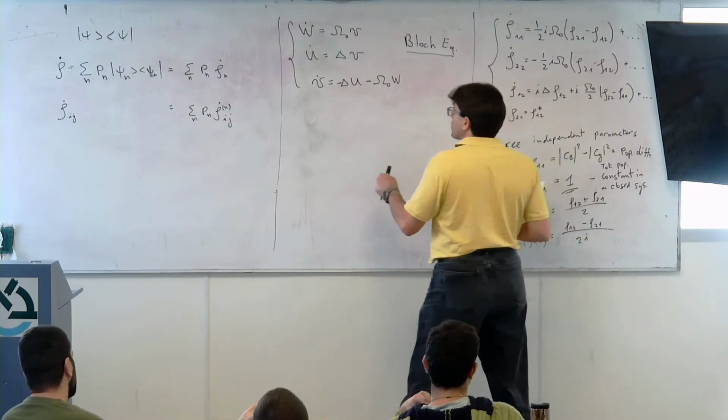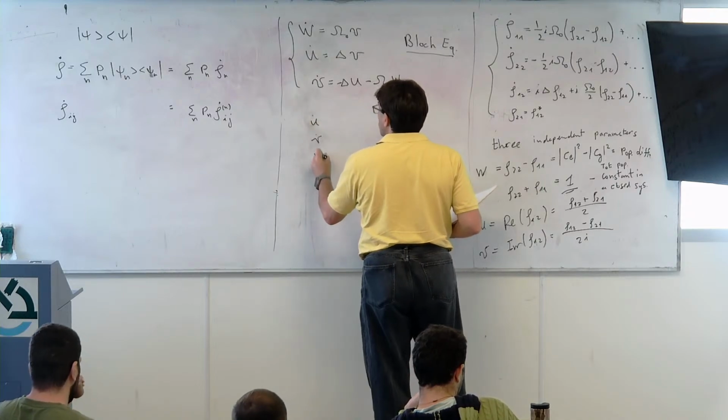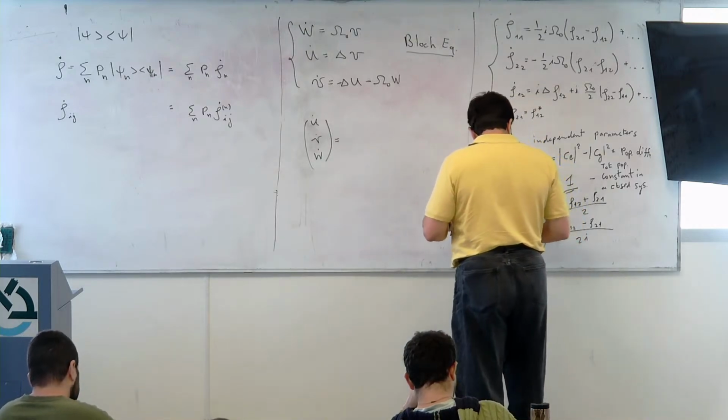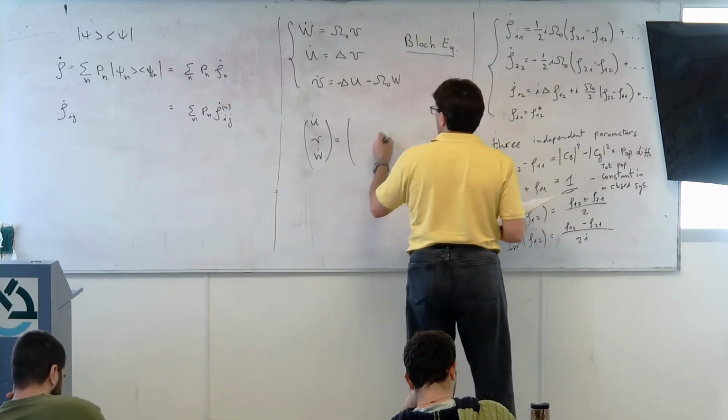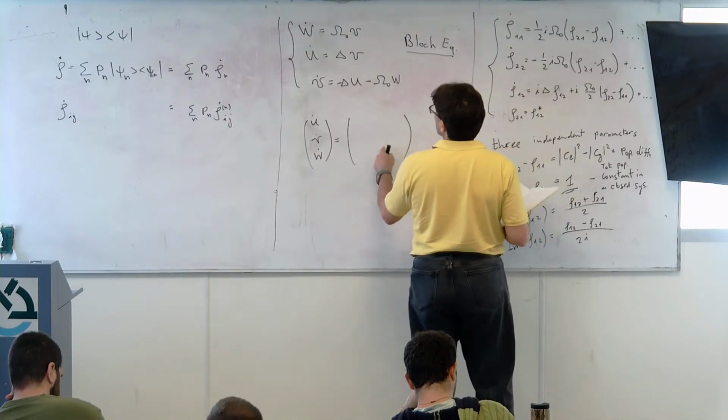So if I look at U dot, V dot, W dot, that equals what? I can write an equation which says something like